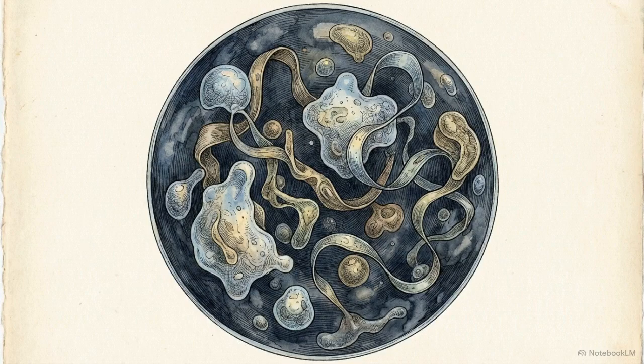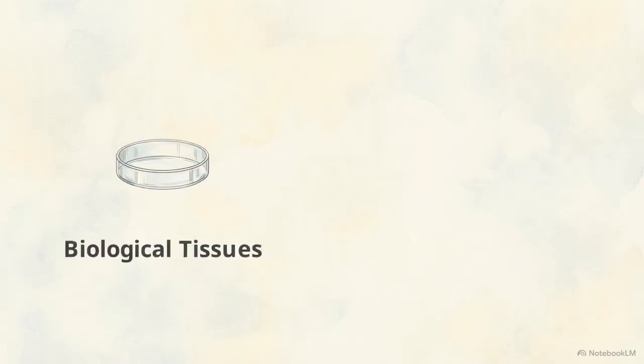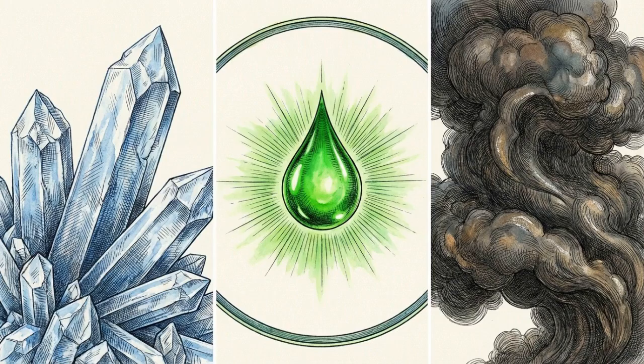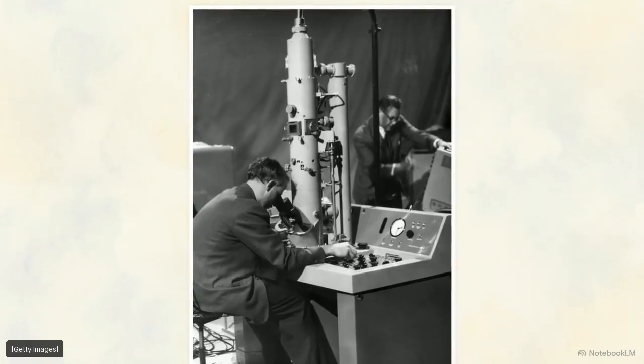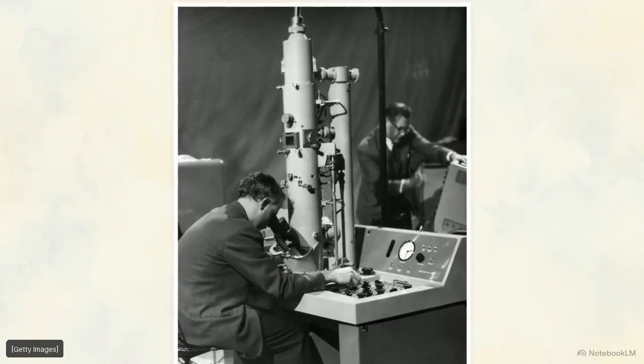Before replacing the fluid model, the complex internal geography of the cell requires scrutiny. Researcher Harold Hillman provided a methodological critique of how cellular ultrastructure is actually visualized. Biological tissues cannot be placed directly into an electron microscope. The sample must undergo severe physical and chemical interventions, including rapid freezing, saturation with chemical fixatives, and staining with heavy metals. These immense industrial machines require the biological sample to be completely dead, desiccated, and chemically altered before an image